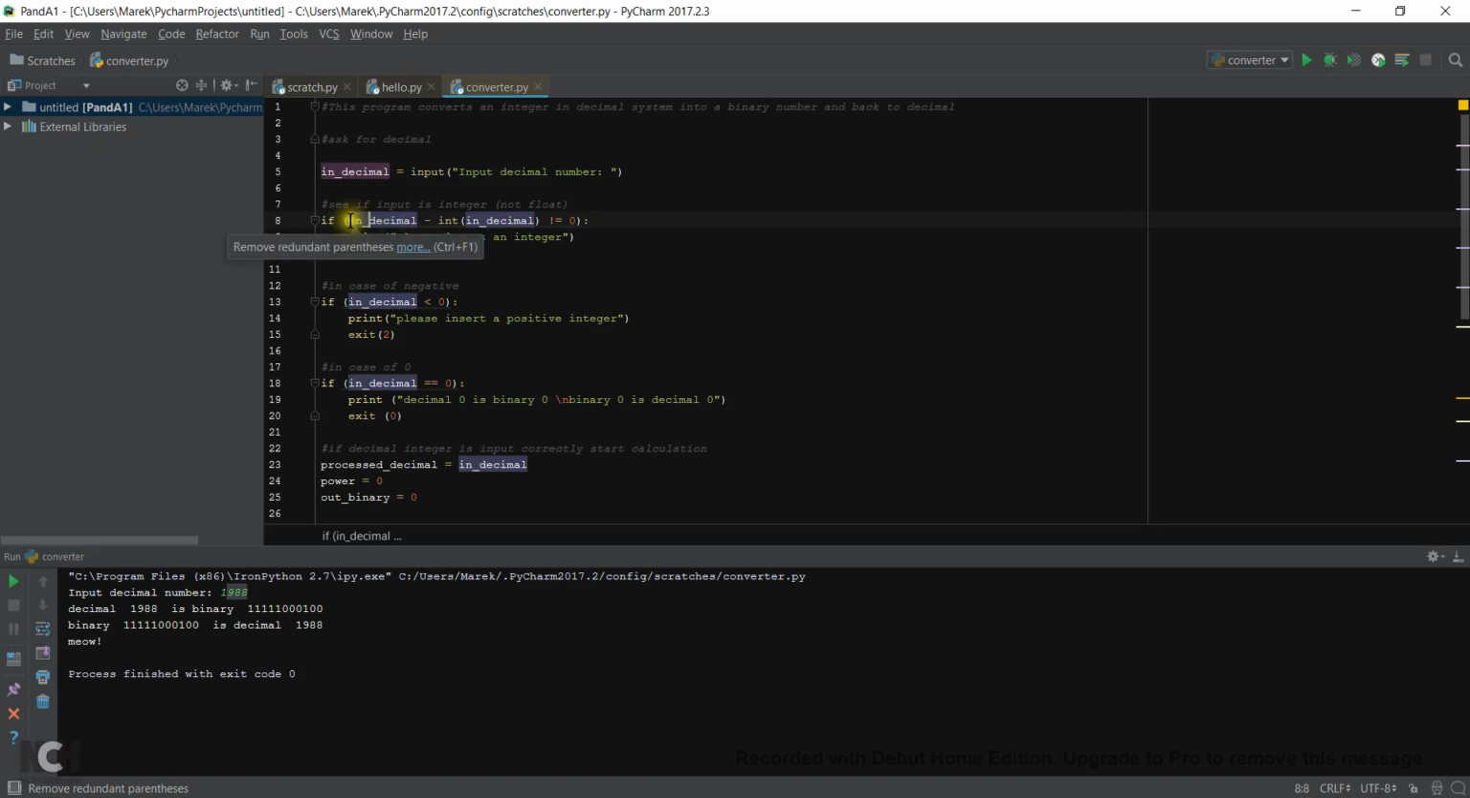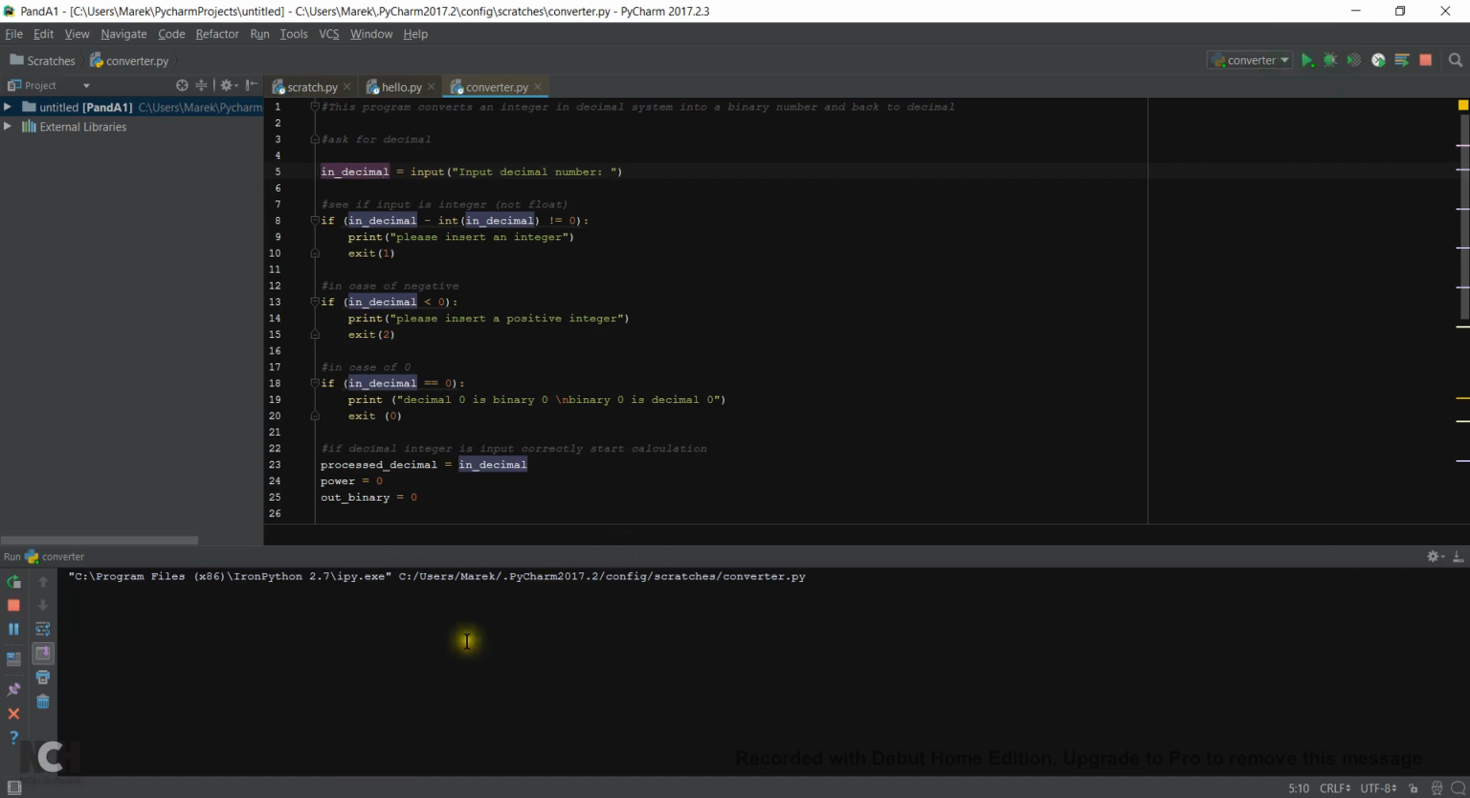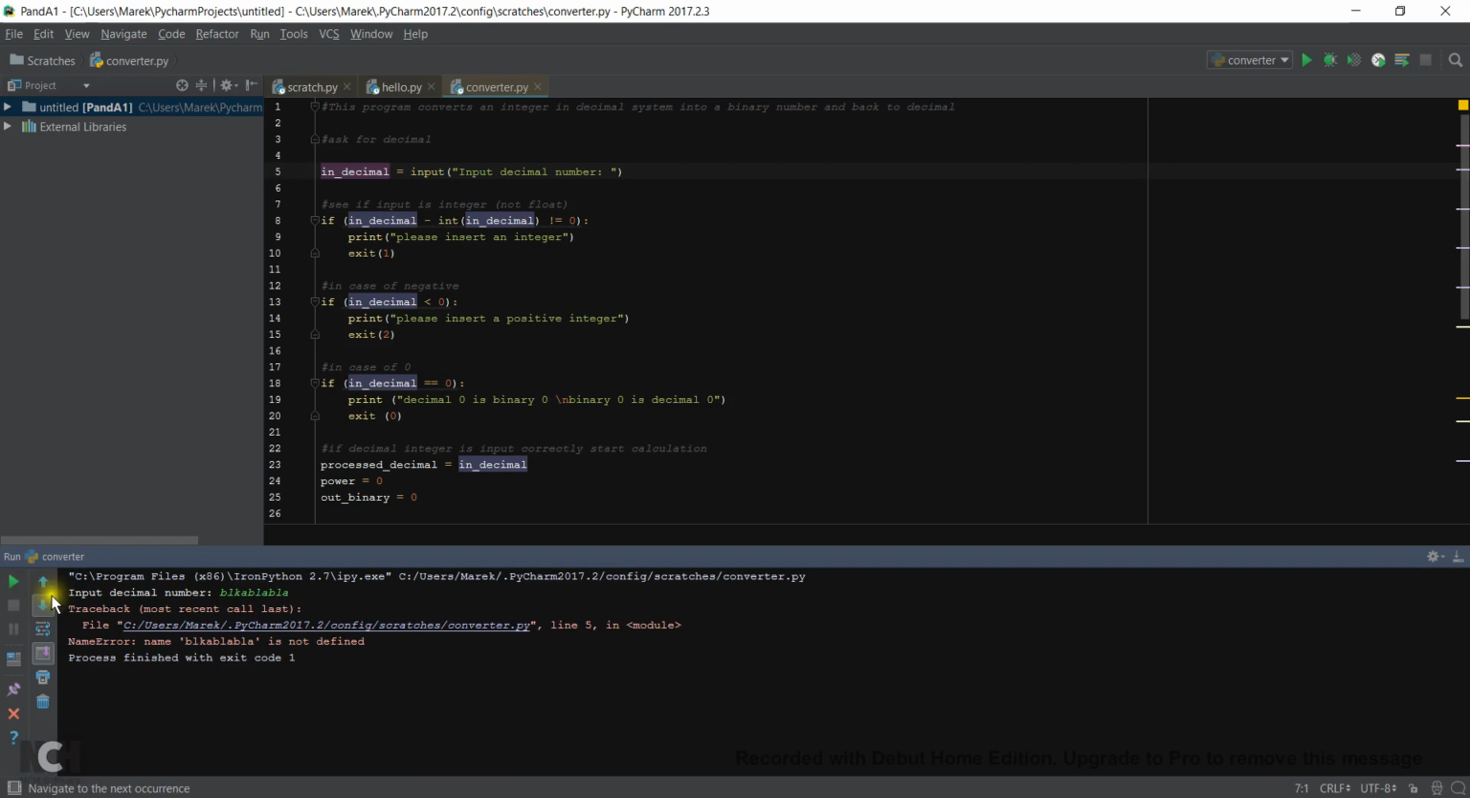Anyway, what I did was I put my in decimal. It doesn't know what that is. I don't state whether it is an integer, a floating point, or a string, a word, a sentence. I didn't say what it is. Just give me an input. Whatever you put, that's going to be your in decimal. So if I run it now and I say blah blah blah, it's actually going to give me